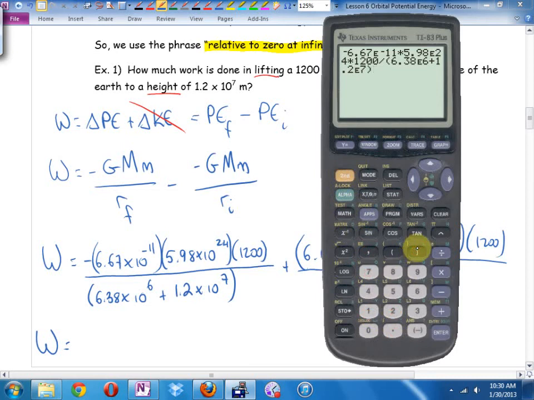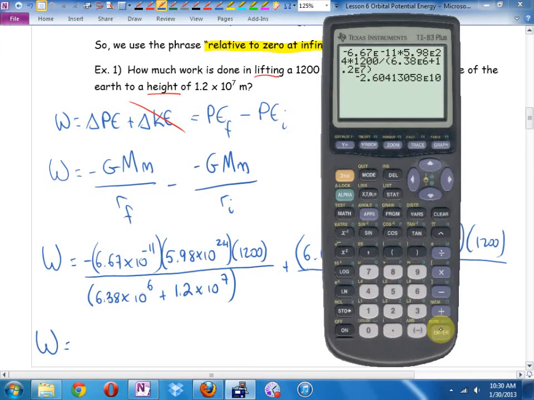And I'm going to zoom out and double check. I want to make sure I get the first expression right. I'm only going to do the first expression right now. So negative 6.67 times 10 to the negative 11, check. 5.98 times 10 to the 24th, check. Times 1200, check. Divided by radius of the Earth, check. And height, check. My final potential energy, you get negative 2.60,